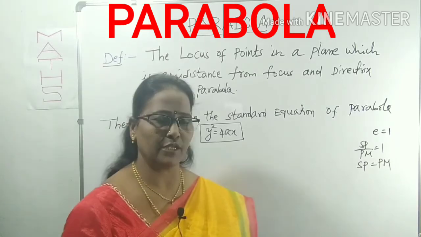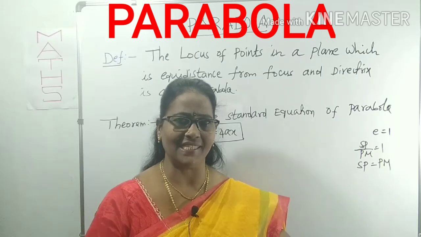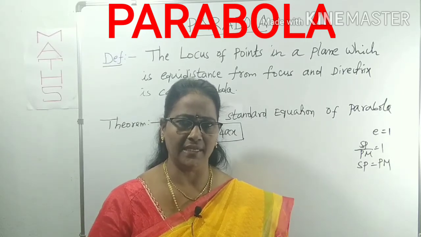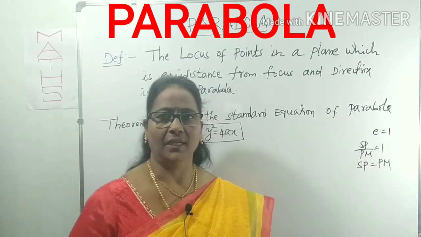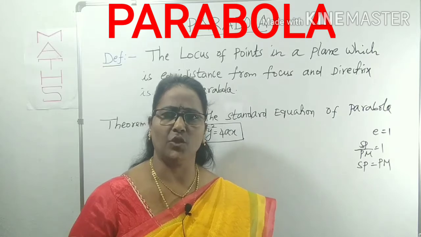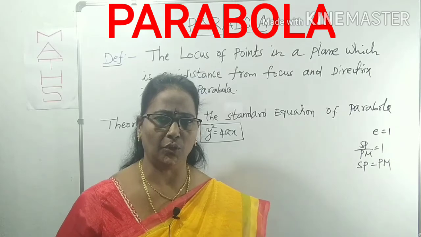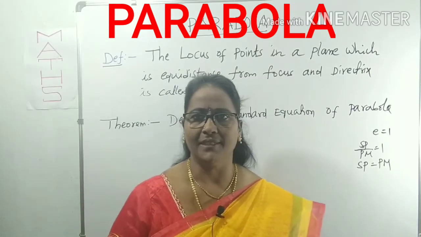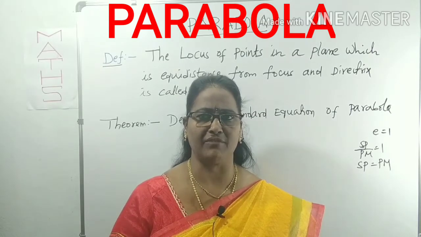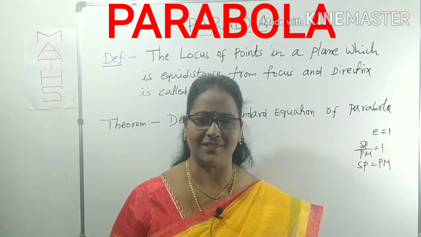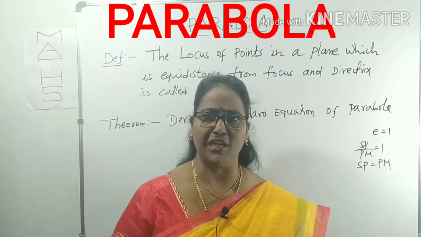Which set is called a parabola? The set of points in a plane whose distance from the focus and directrix is equal. Then the conic simply represents a parabola. You have to know the definition first of all. And conic means what? Locus means a set of points. A set of points compulsorily forms a locus, meaning it has some equation. You know the locus chapter from your previous classes: locus is a set of points which satisfy the given conditions. The locus compulsorily represents an equation in terms of x and y.